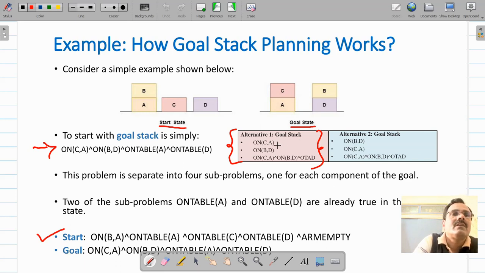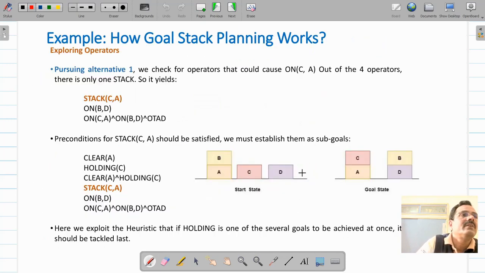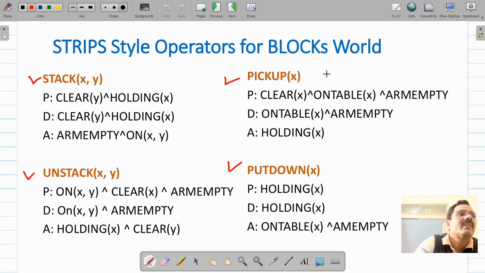So we will now try to satisfy C is on A first and then B is on D to achieve this goal. Now let us find out how we are going to do that. While pursuing alternative 1, first we will have to satisfy that C is on A. We have 4 operators, so find out which operator will give you on CA true.